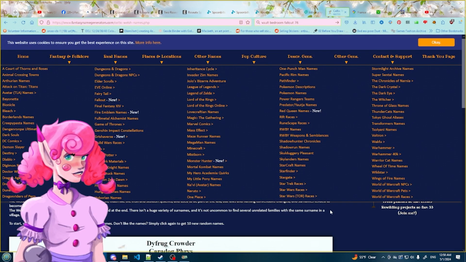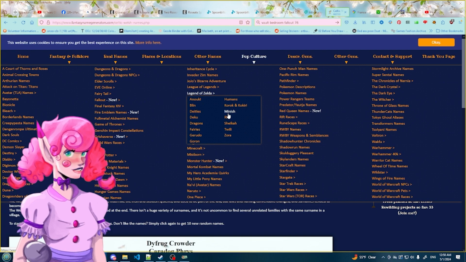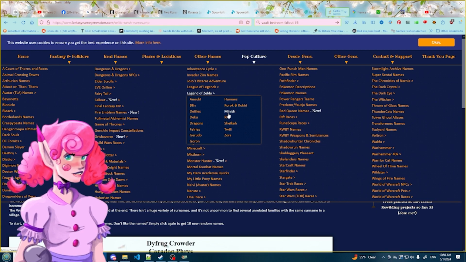One of mine that I actually take from is Legend of Zelda. It's the Minish. I use Minish names for a certain type of fairies in my world. So that's just one of the things that I use.